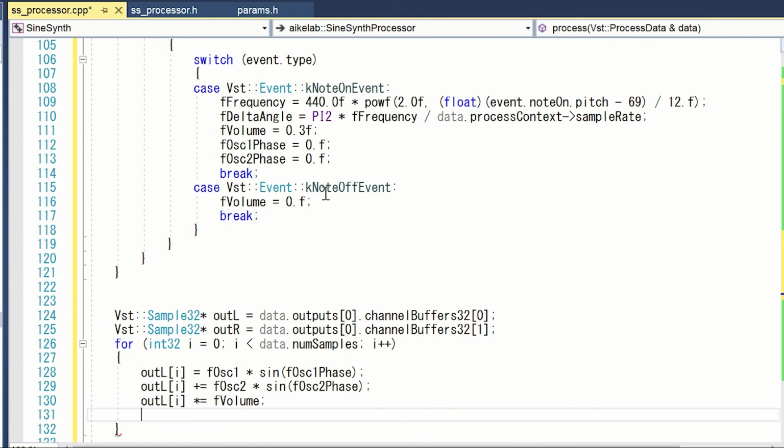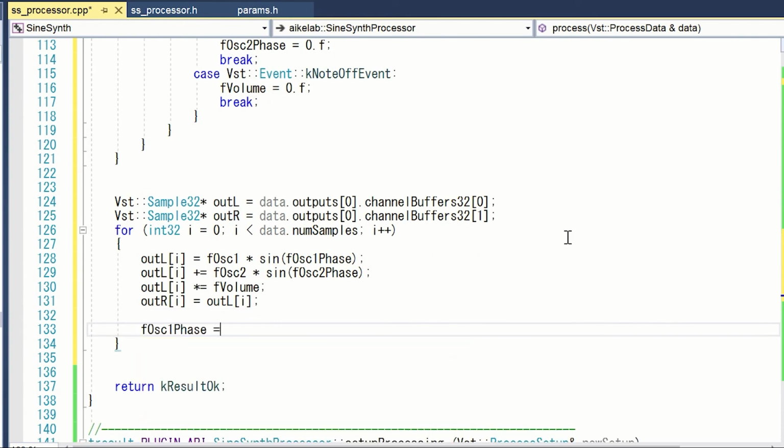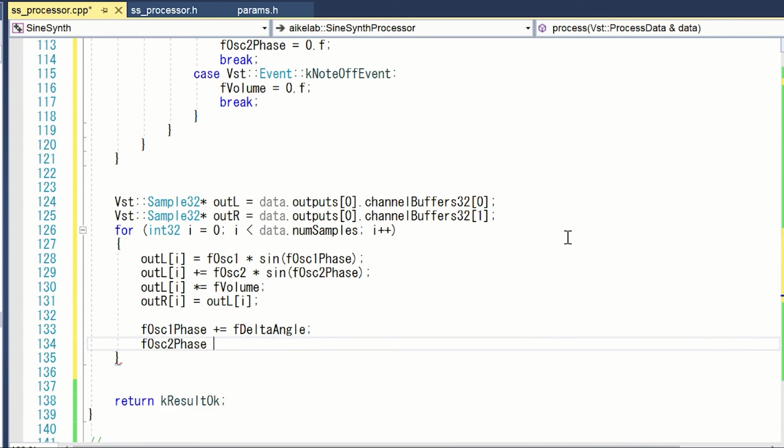Multiply the total volume and write to the output buffer. Update the phase. Oscillator 2: update phase by double angle to generate 1 octave higher sound.